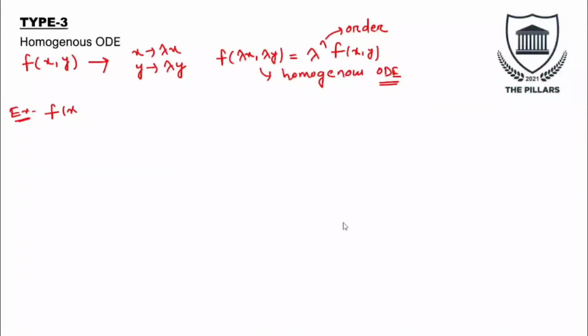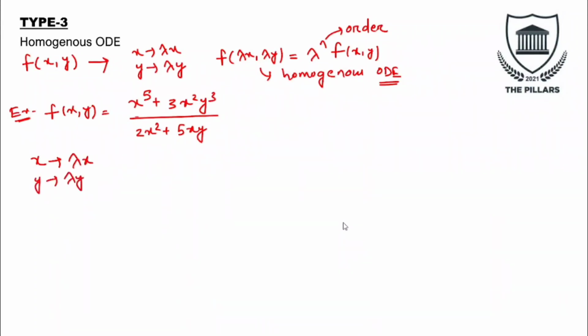Let's say we have a function f(x, y) = (x^5 + 3x^2y^3) / (2x^2 + 5xy). First we have to substitute λx in place of x and λy in place of y. So this equation becomes f(λx, λy) is equal to